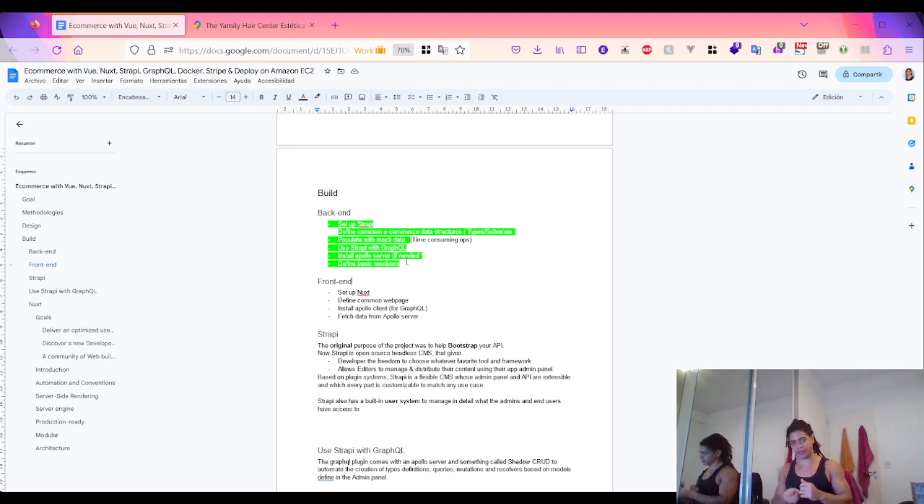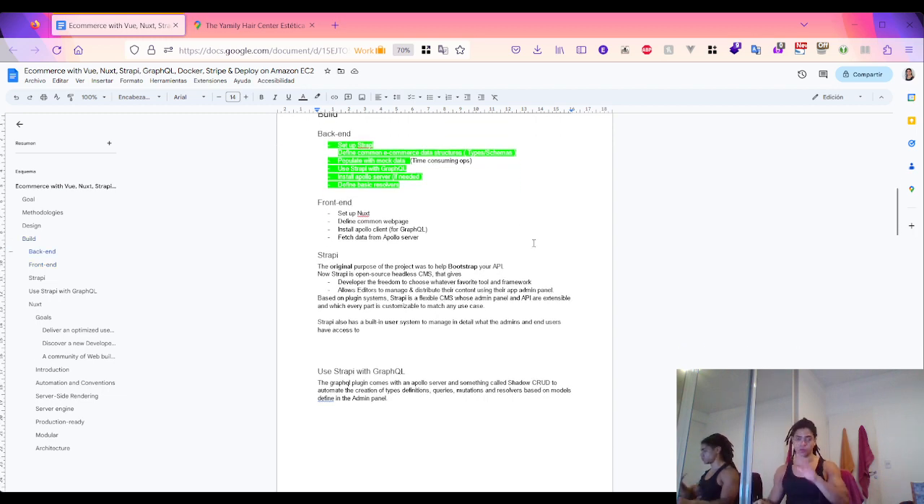Since Strapi is built following the plugin system, we can easily extend functionality in our API as well as the admin panel. And it also comes with a built-in user system, so we can manage in detail what the admins and users have access to. So with Strapi,